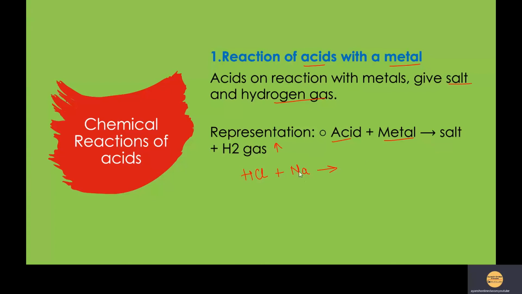Now as I said, it will be a displacement reaction. The chlorine which is attached to the hydrogen will be taken up by Na. So we will be getting NaCl, which is nothing but common salt, and hydrogen gas is given out. Here it should be H2, so I will write it as H2. Now to make the equation balanced, we write 2 HCl. Then 2 chlorine on the reactant side, but on the product side we have just 1 chlorine, so to balance it I will write 2 NaCl.